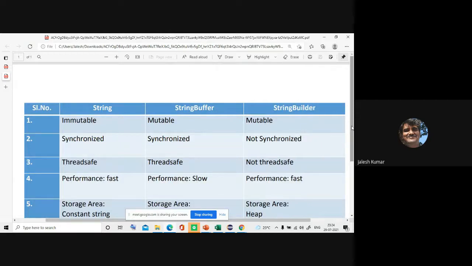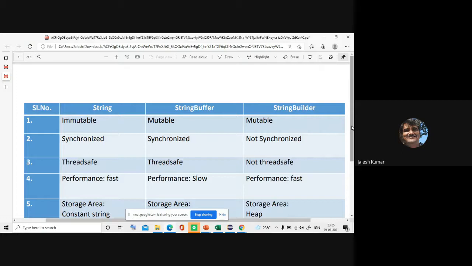So these are the differences between string, string buffer, and string builder. If somebody asks whether you know string, string buffer, string builder, yes, they are peer classes and all are final, but the difference is string is immutable. To make it mutable, we have to convert that into string buffer. We do all operations with respect to string buffer, and then we convert that back to string. But the main description about string and string buffer: